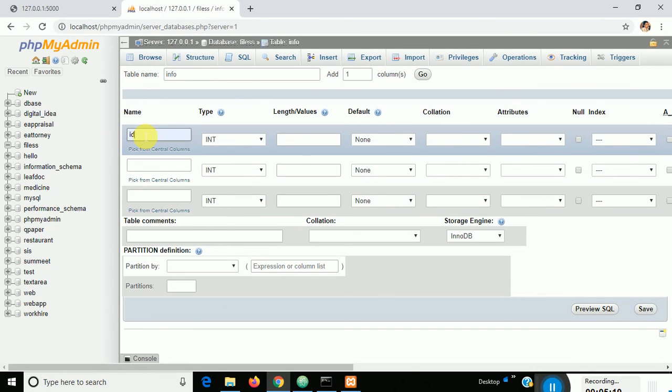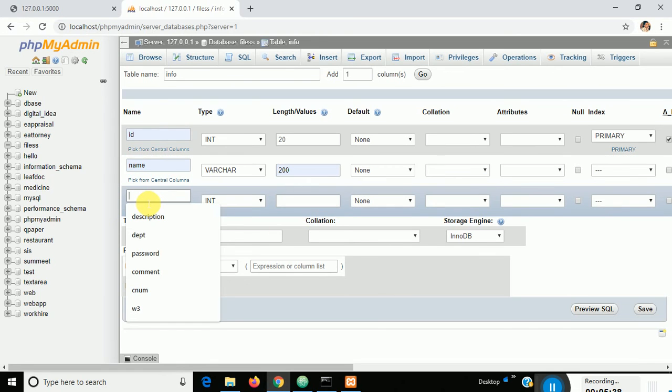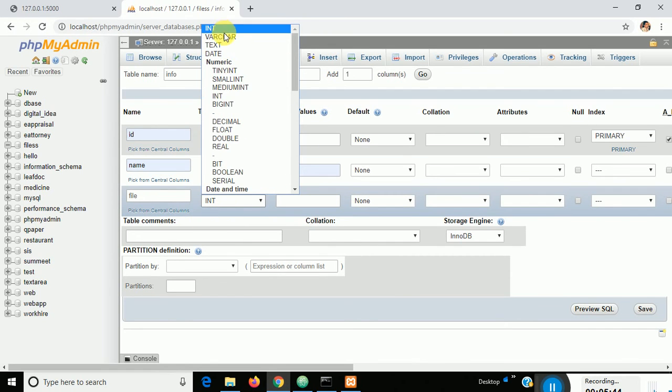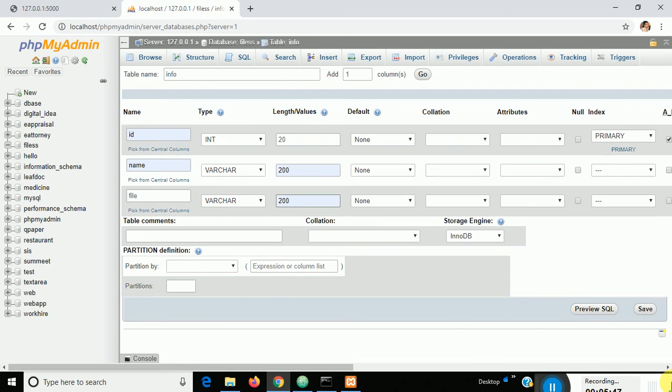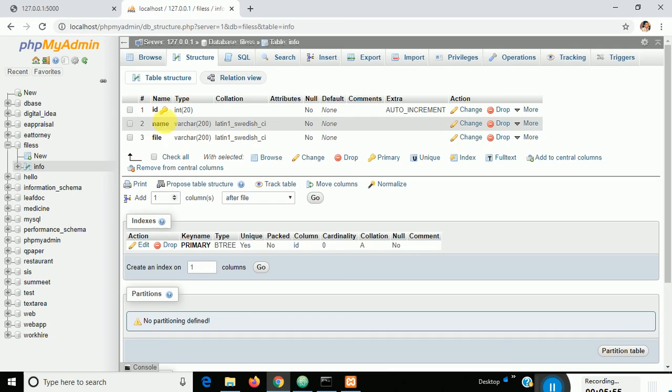I'll put here id, which is an int of 20, and next I'll set the auto increment. Then you put the name as varchar 200, and here I'll write file, which is also varchar, and the same thing, 200. Don't make any changes, save the file. After saving, the id, name and file columns are there.